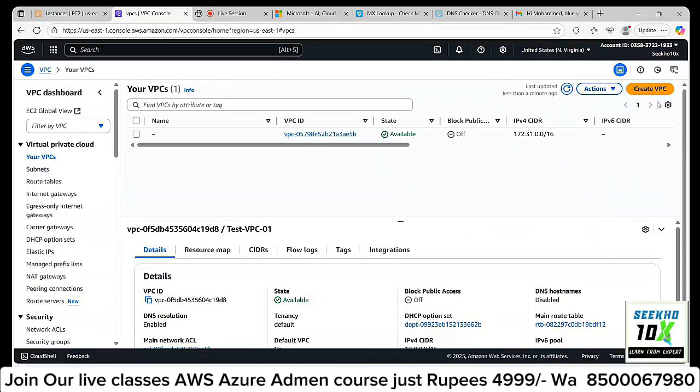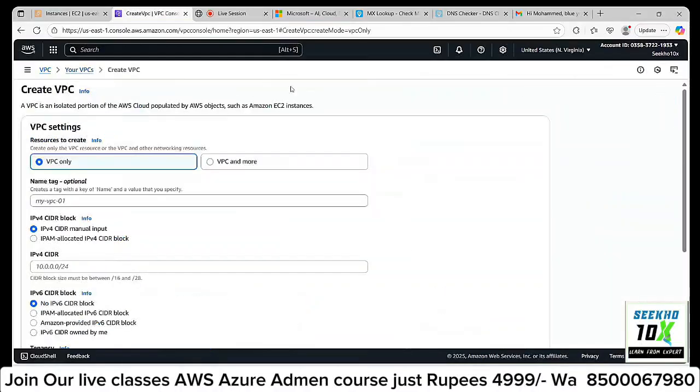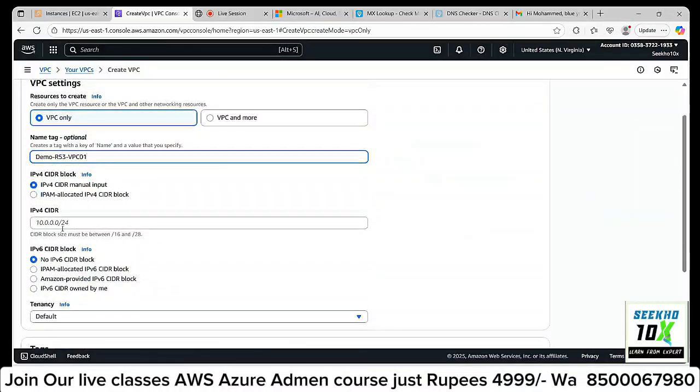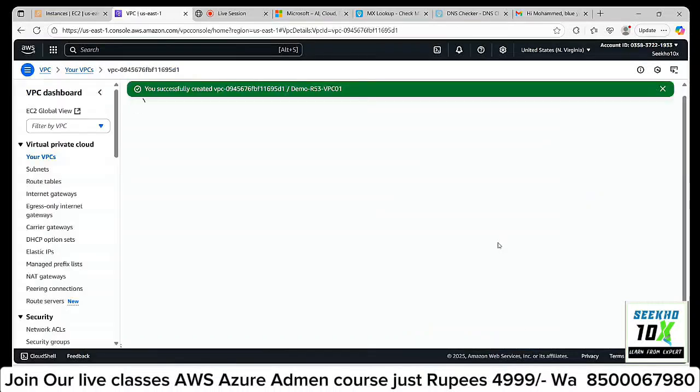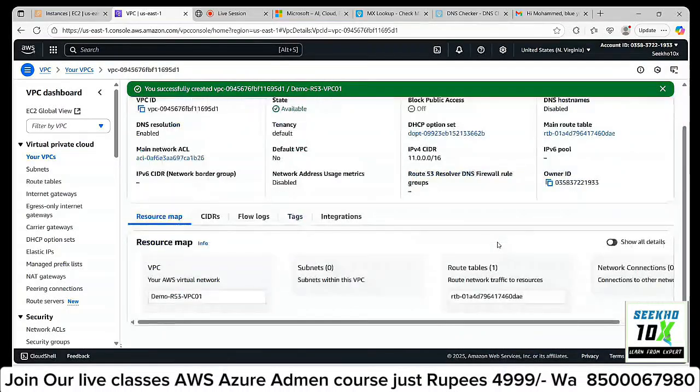Now I will start from the start. So create a VPC. Here I am creating demo-R53-VPC-01. For identification I have mentioned R53. I am mentioning a CIDR block of 11.0.0.0/16. Okay. I have created a VPC.